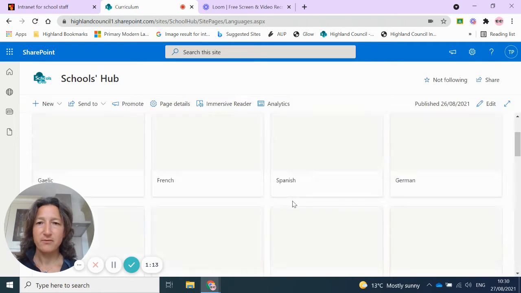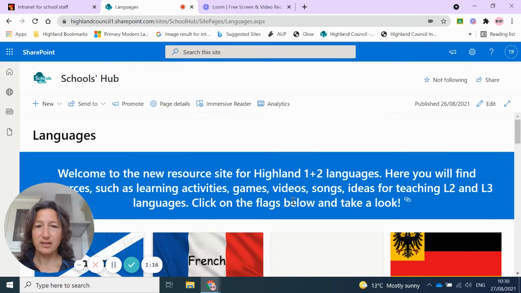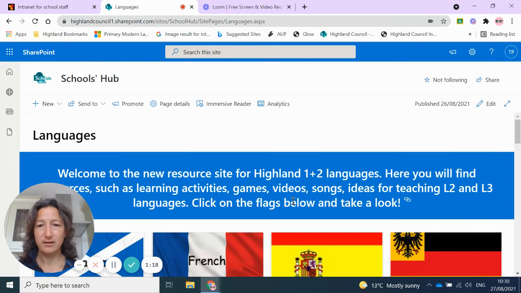Now, this is the main resource for all languages, L2 and L3 in Highland, for primary predominantly at the moment, and soon hopefully secondary too. And it's really a resource for classroom learning and teaching resources. And then it has links out with this to training and engaging parents as well. So there's kind of a collection of a couple of different websites for you to look at, but they're all